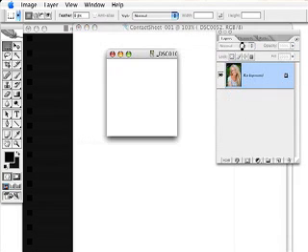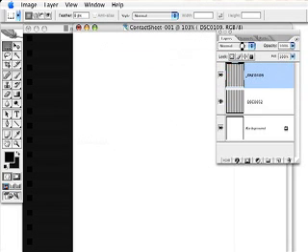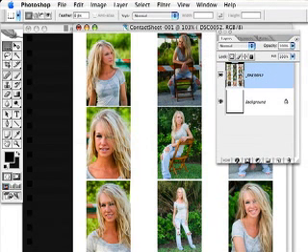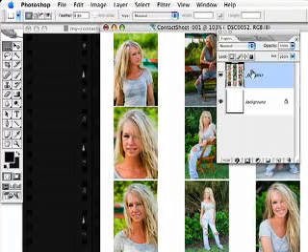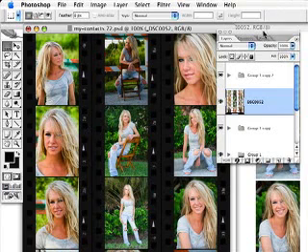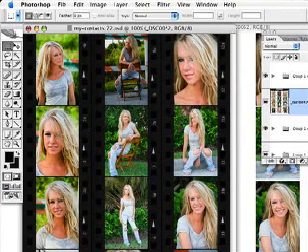I run the contact sheet, and then all I have to do is take this layer, hold down the Shift key, drag over here, and it pops those in right to the right place. Sweet. And now I have a nice little contact sheet that looks more like a traditional contact sheet that's ready to use anytime I need it.